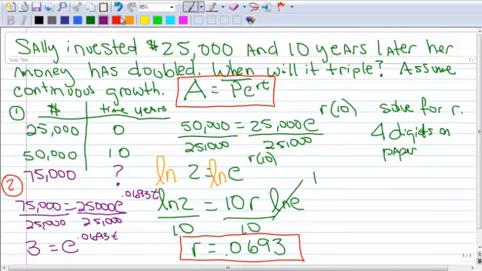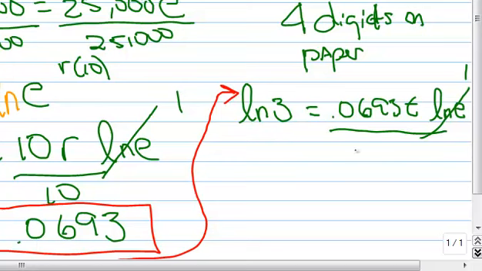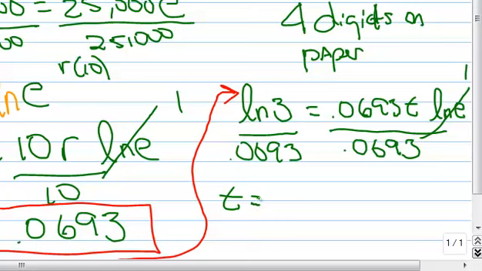0.0693 T. Now we want to take the natural log of each side. And I am running out of room, so follow my arrow. We're going to continue our work over here. So now I've got the natural log of 3 equals 0.0693 T times the natural log of E. The natural log of E is 1. We want to divide by 0.0693, both sides. So T is going to be equal to the natural log of 3 divided by